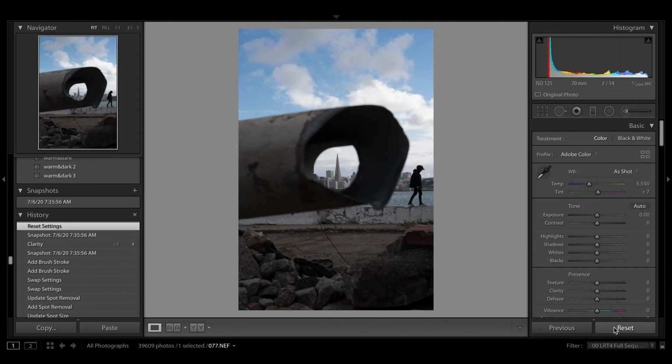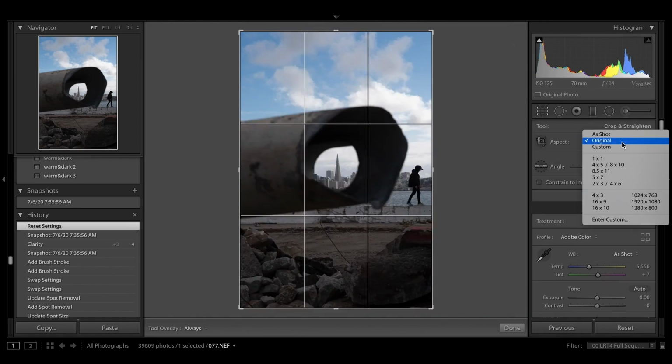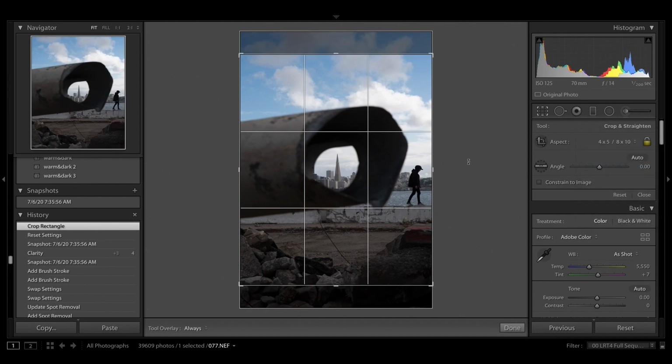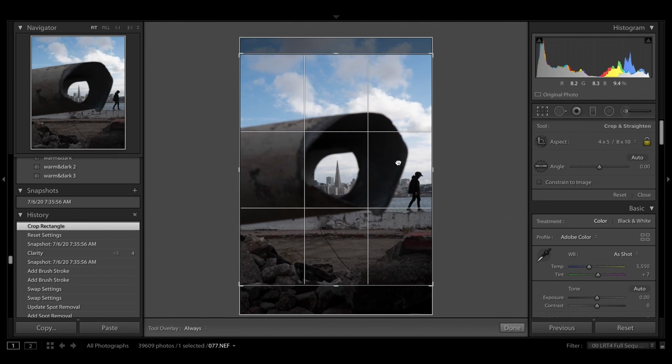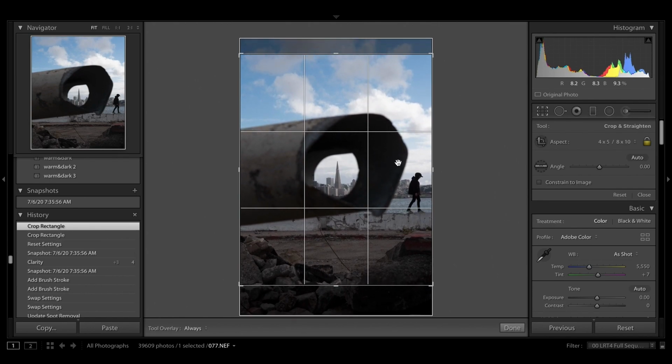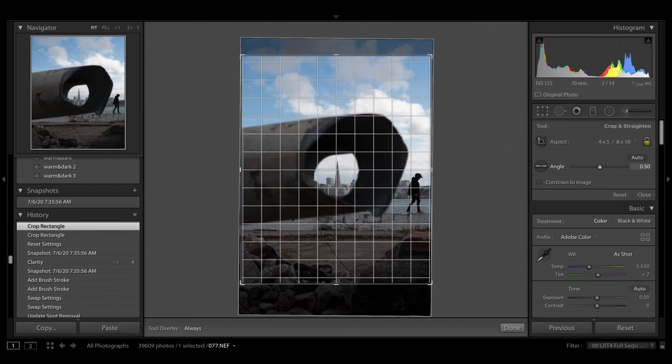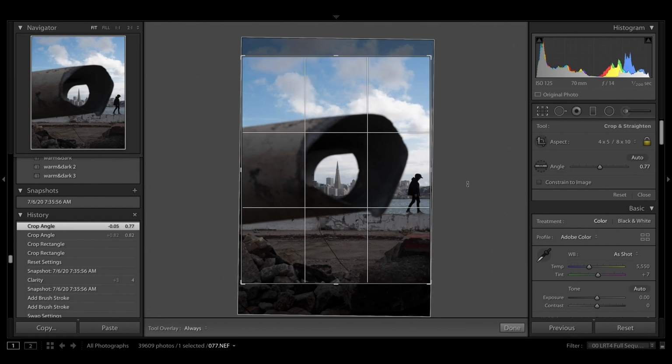First, I'm going to go ahead and reset the settings so we can start fresh. And we're going to go ahead and crop it. Instagram's portrait mode is 4x5, so we're going to hit this 4x5 here and find the spot that we want. I think I'm going to put it right about here, and let's make sure we straighten it. Always want to make sure the photo's straight. Okay,